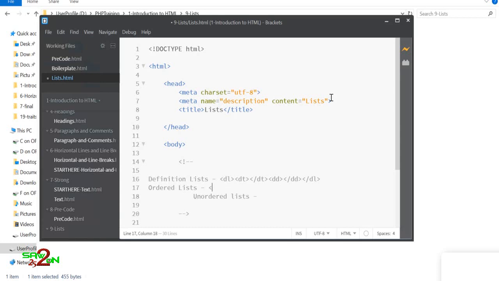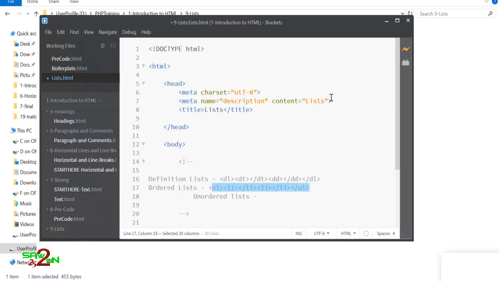For an ordered list, you write with OL. O stands for ordered, L for list, and you end with OL. And all the list items that you have, you write under LI. Okay, you can write multiple LI, and each LI will have numbering attached to it. So if you have 1 and 2 LIs, then the first will be numbered 1 automatically and the second as 2. So you can have n number of LIs.